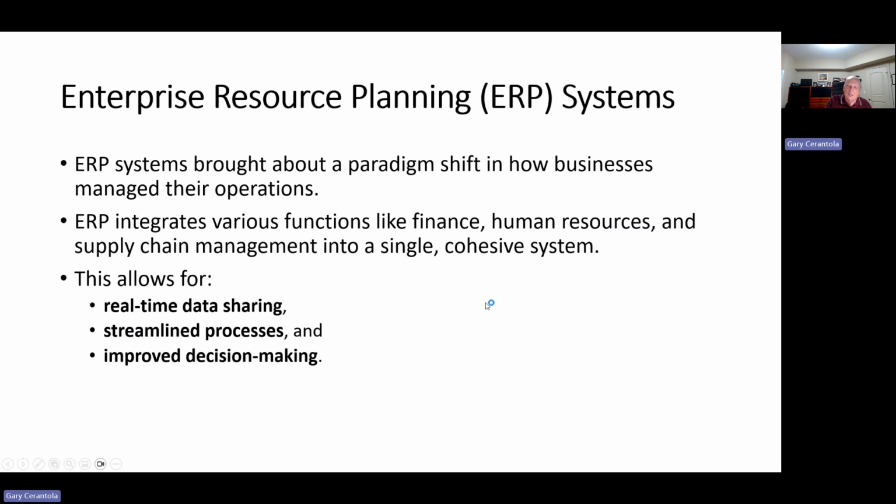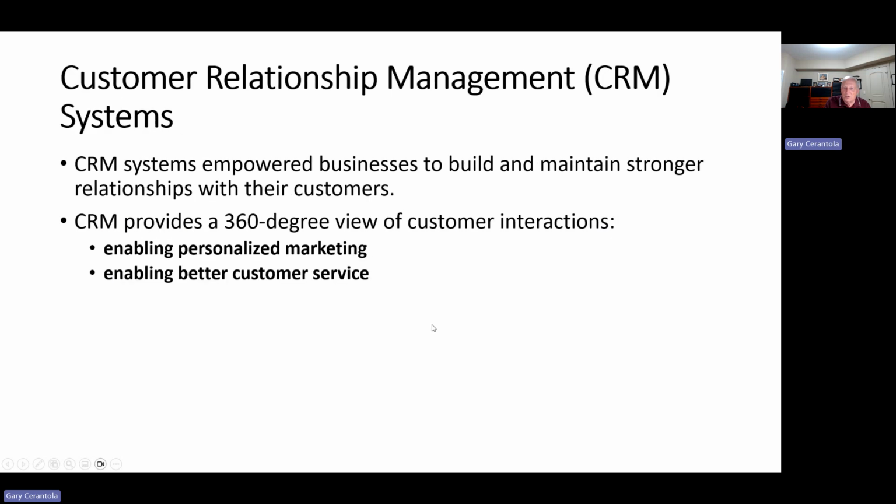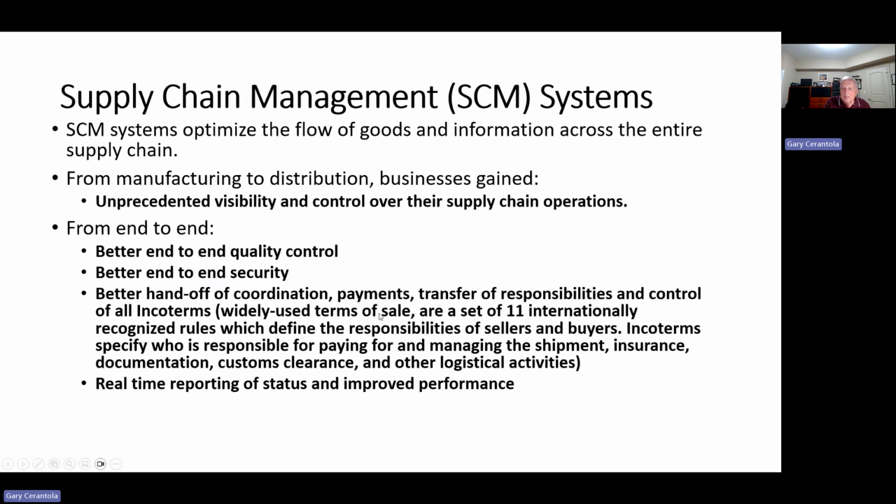Now, I went through this when I was part of the TELUS corporation, and they actually converted to SAP, and it wasn't a small task. It went on for almost 5 years to do that conversion. But it does provide a 360 degree view of what's going on in terms of transparency and real-time reporting on what's going on.